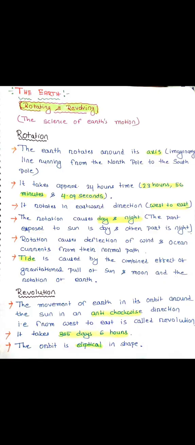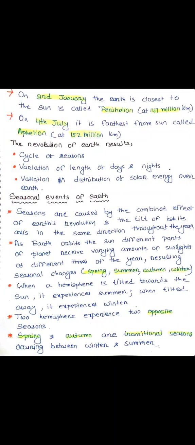and it takes 365 days and 6 hours to complete one revolution, which is a year. So 1 year to complete one revolution, and its path is elliptical in shape. Because the path is elliptical, sometimes the earth comes closer to the sun and sometimes it goes away from the sun. On 3rd January, the earth is at the closest point to the sun,